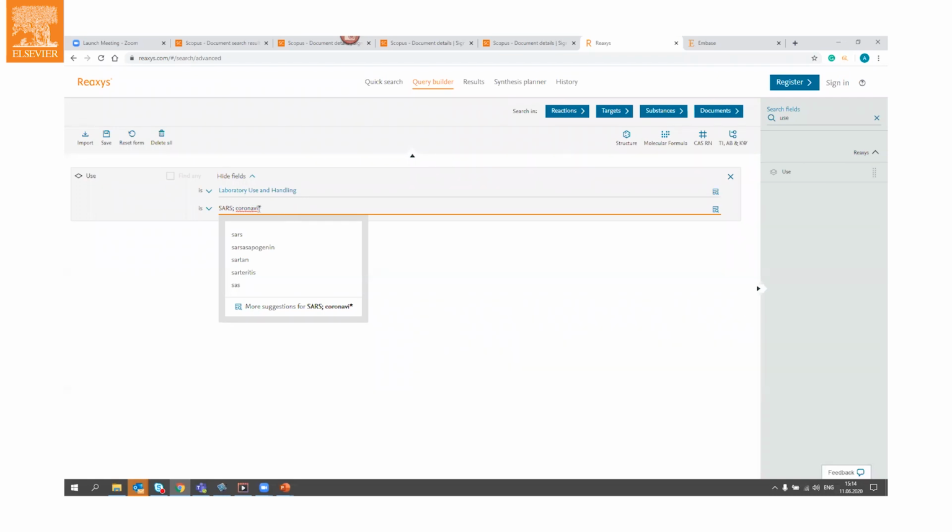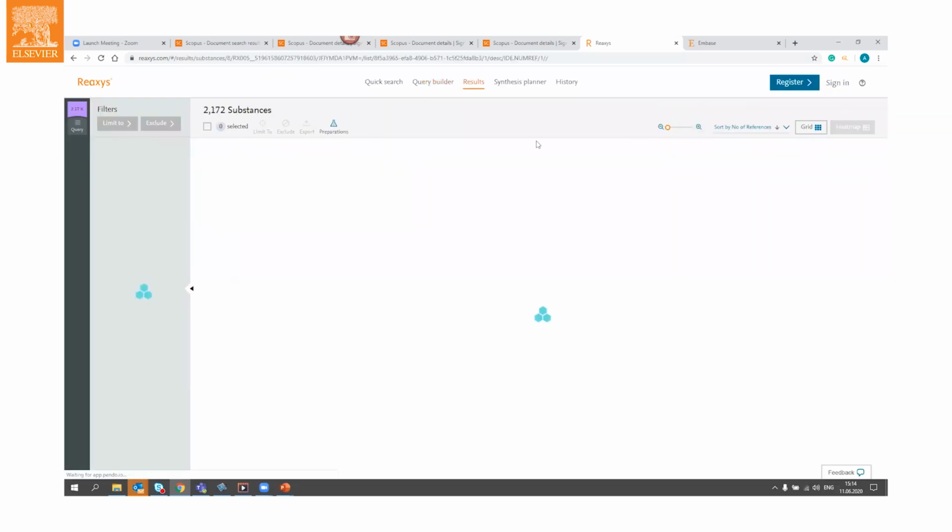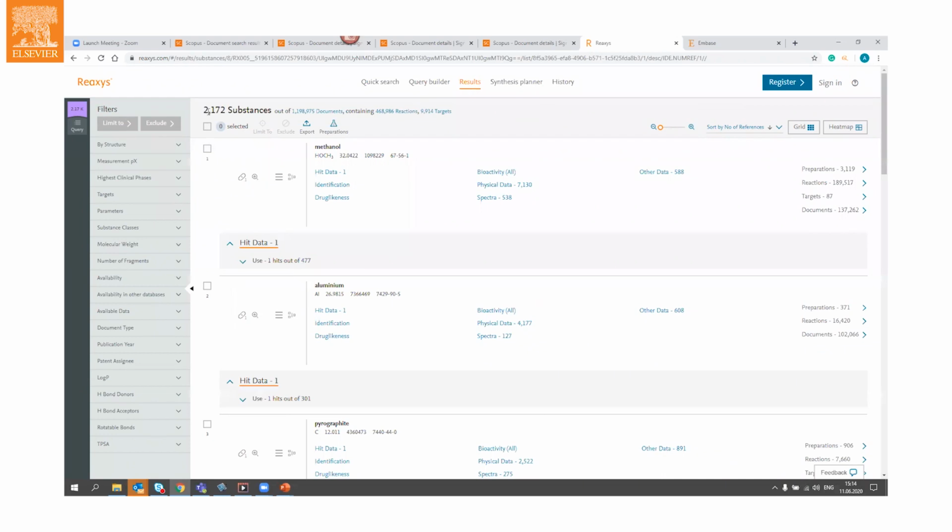So, for example, this will cover coronavirus infection, coronavirinae, coronaviridae, etc. So this should bring us a lot of results, but it would be searched only in the field Use. And we found 2,000 substances